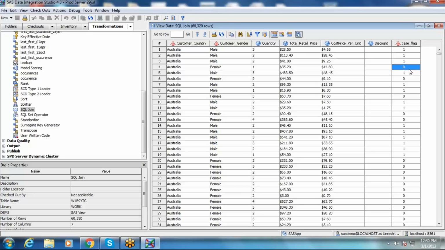So in order to avoid this, SAS Institute came up with a new transformation called lookup. It doesn't use SQL join. It uses an advanced SAS concept called hashing.